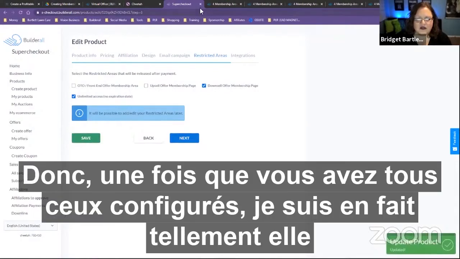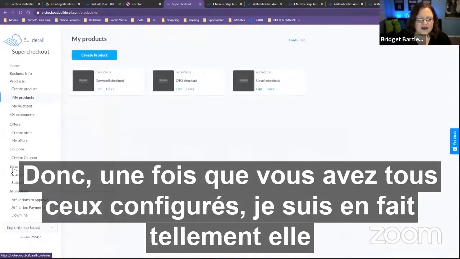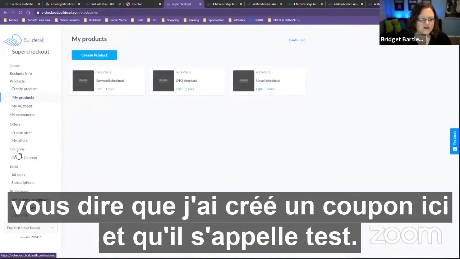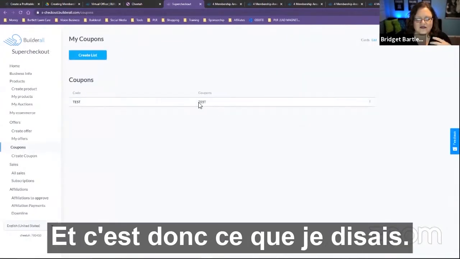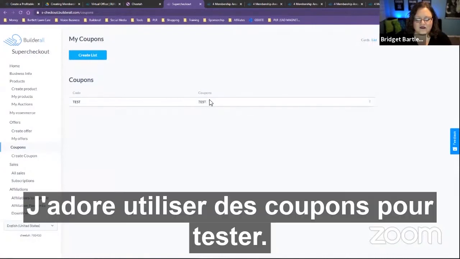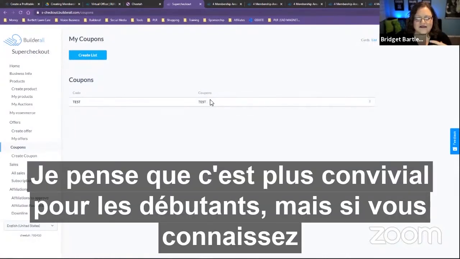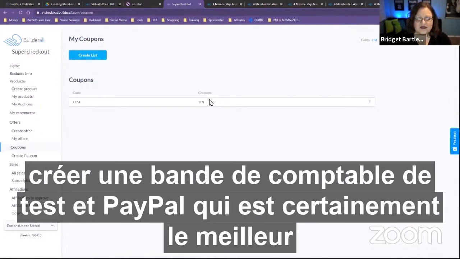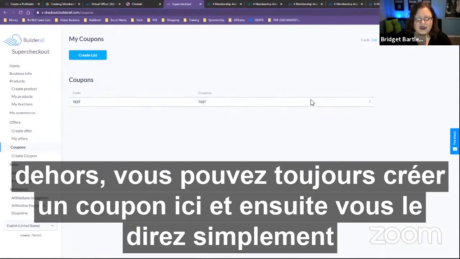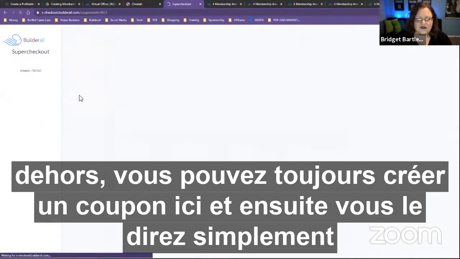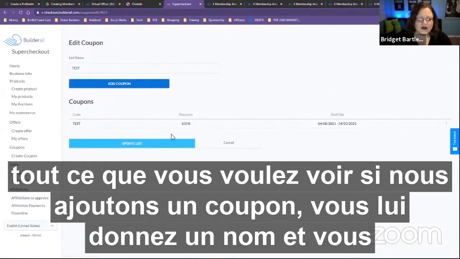Okay, so once you have all of those configured, just to show you, I created a coupon here, and it's called test. This is what I was saying. I love to use coupons to test. I think it's more beginner friendly, but if you are familiar with creating test accounts in Stripe and PayPal, that is definitely the best way. But if you are overwhelmed by that and you just want to test this out, you can always create a coupon here,